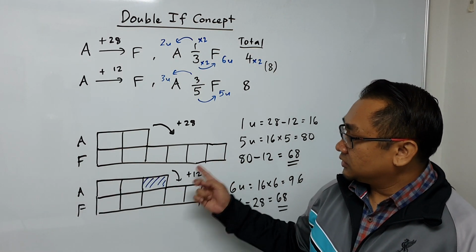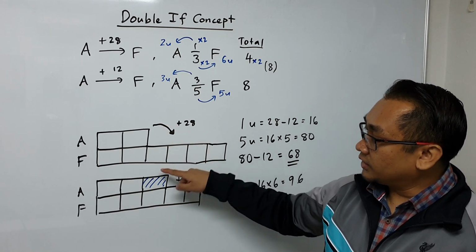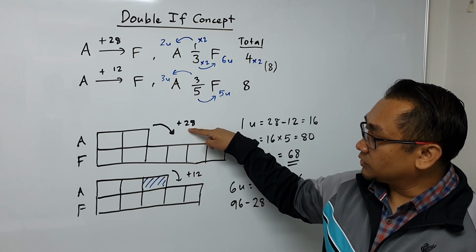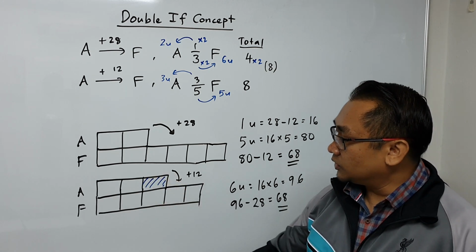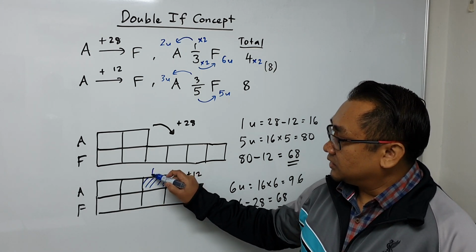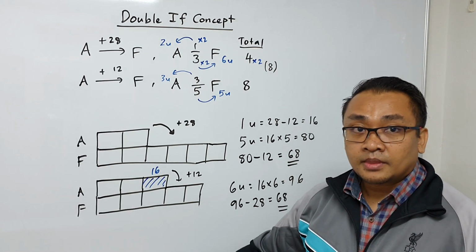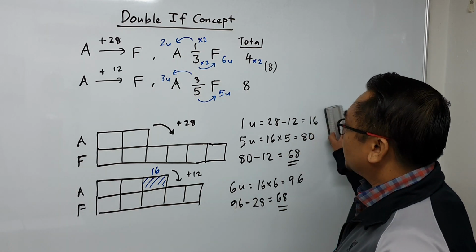Okay, so this is the model drawing method. 2 is to 6, 3 is to 5. Total is 8 units. You find the difference between what was given. In the first case 28 was given, in the second case 12 was given. So you can see that this 1 unit is 16. Clear? Okay, so if you don't like the model method, you can always use the algebra method, which is more